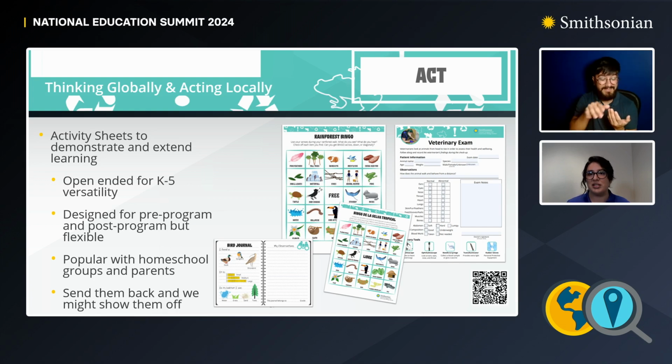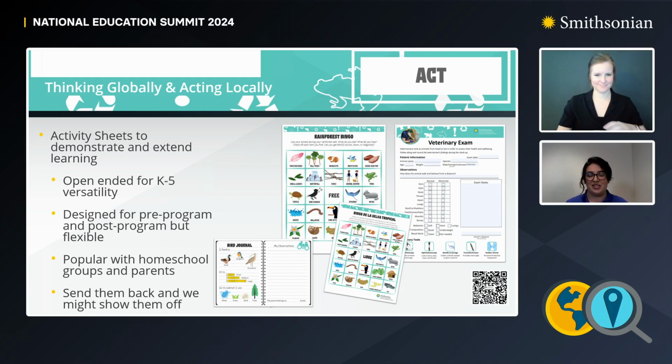And in this rainforest bingo, you'll have the students explore their senses. Our post activity, like the bird journal, which you'll see on the bottom left, lets students show what they've learned while fostering curiosity.